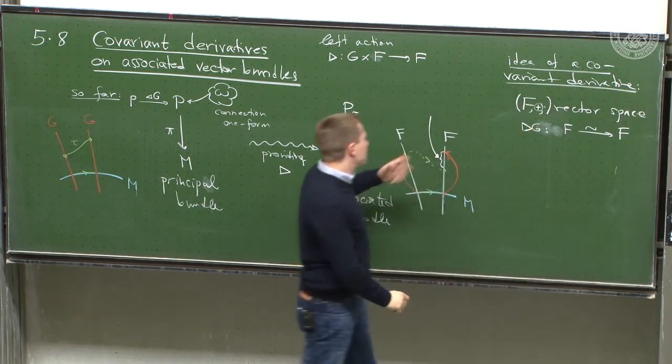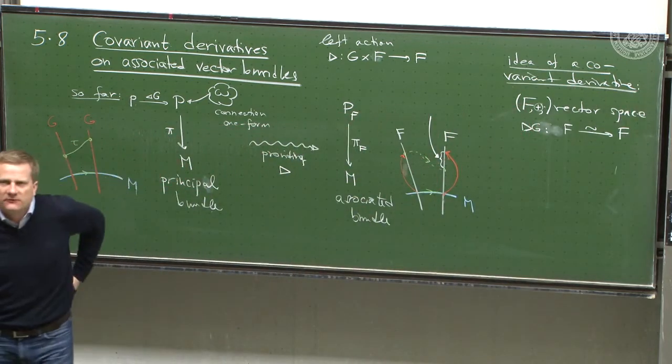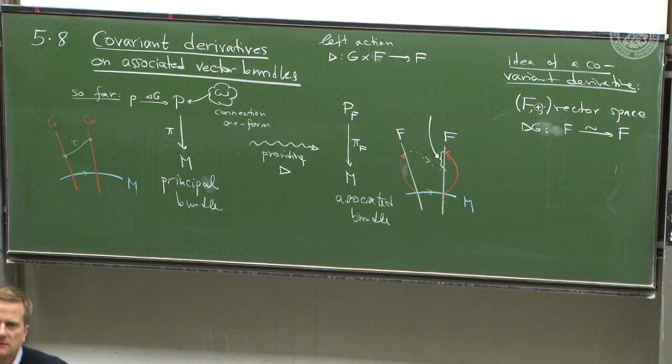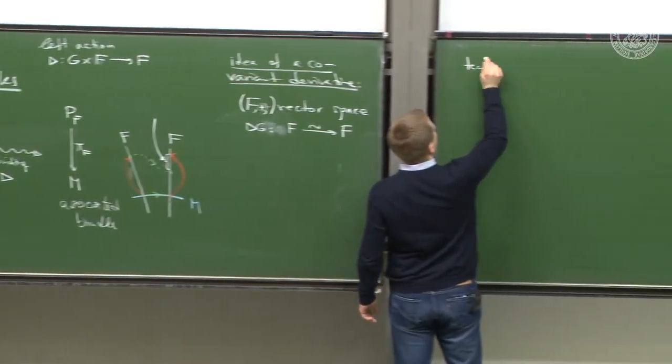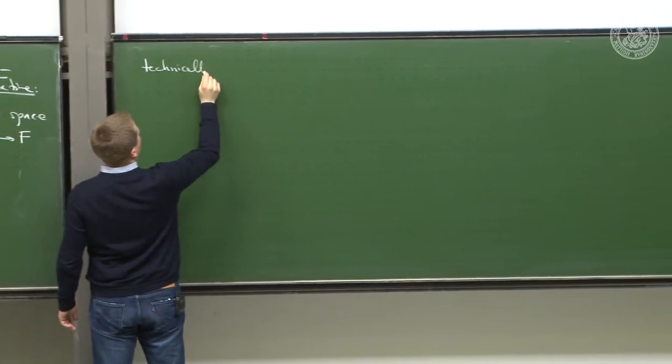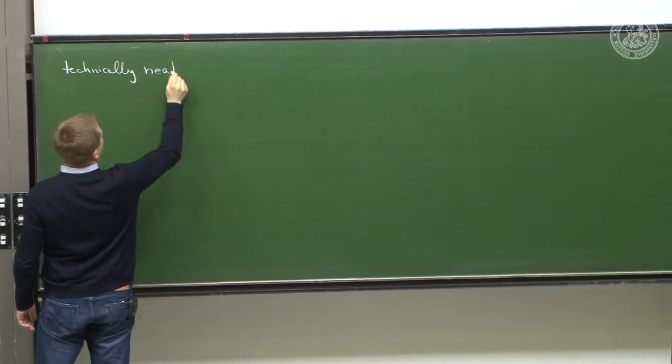So that's the idea of a covariant derivative. It's very geometric, it's very intuitive, and it's technically a disaster. It's very difficult to implement technically. You can, and what you get is right, but there is a much neater way to do the same thing. And the neater way we're now going to discuss, at least a technically neater way,